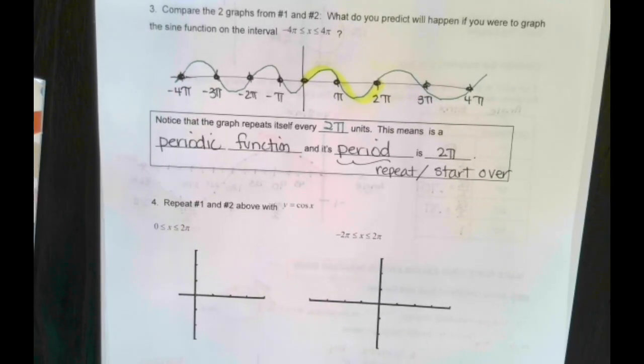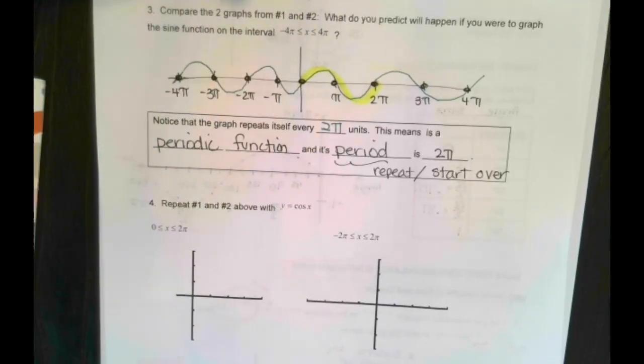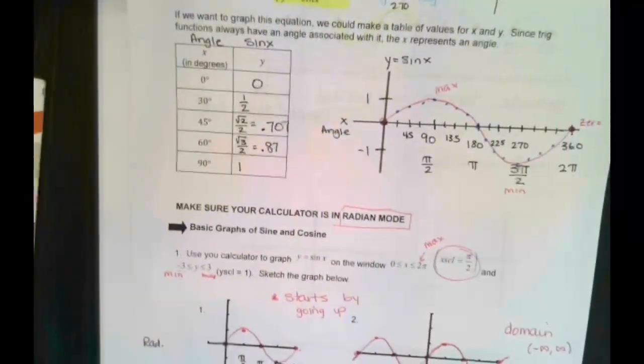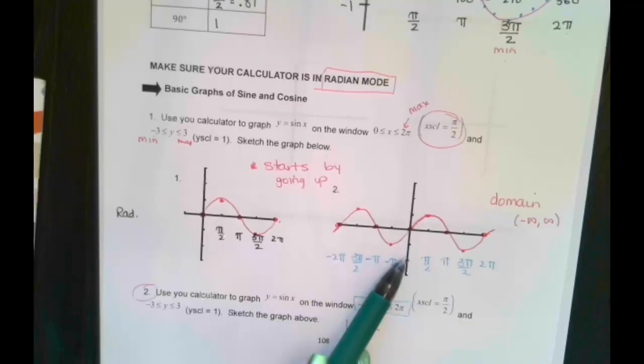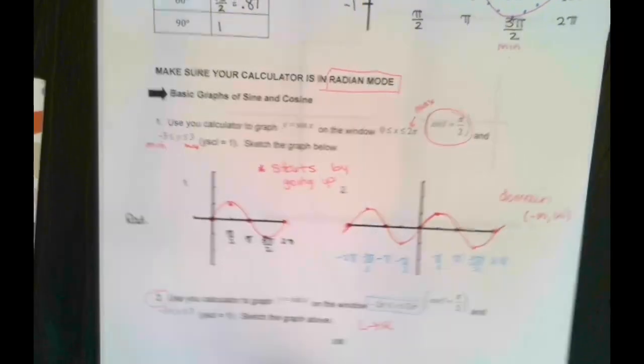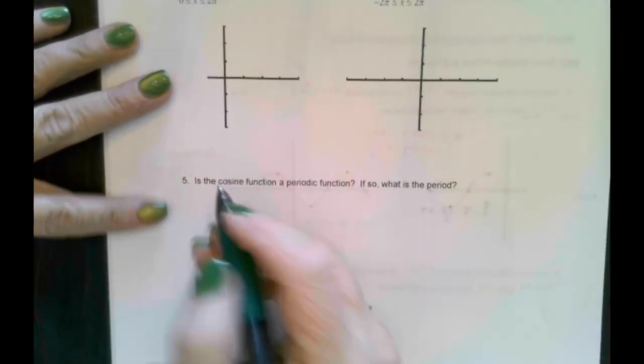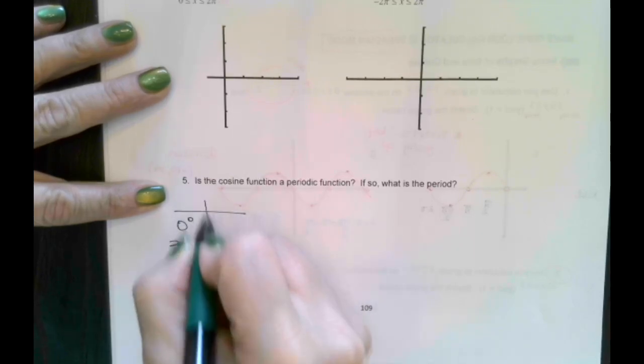Okay? All right, so now I'm going to do the same thing that I did over here with graphs 1 and 2, but now I'm going to do this using cosine. So if I was to go make a table, I'm going to just do this down here on the bottom. And if I look at this and I say 0, 30, 45, 60, and 90 degrees, and this is now